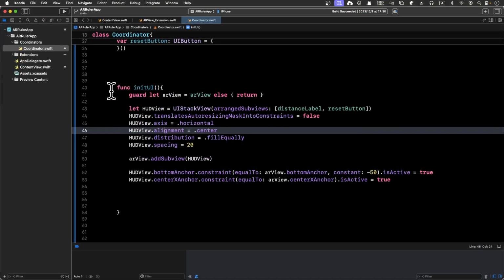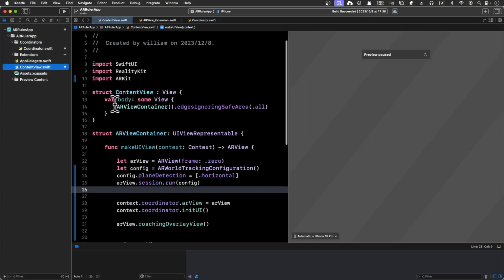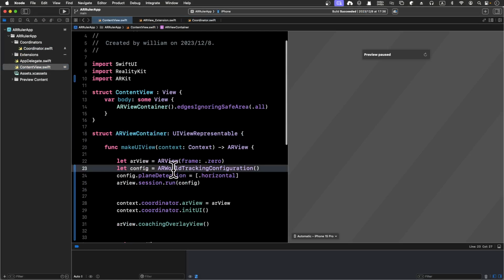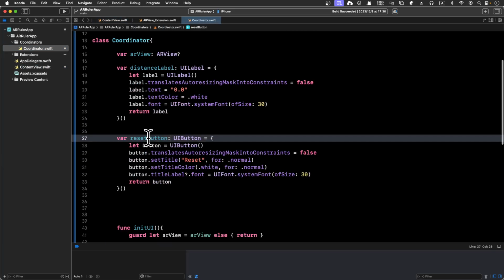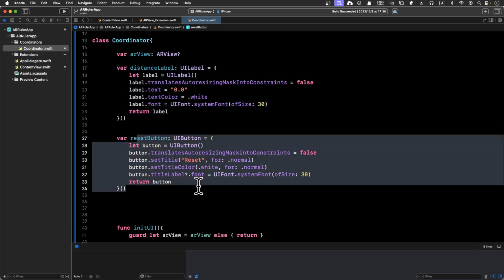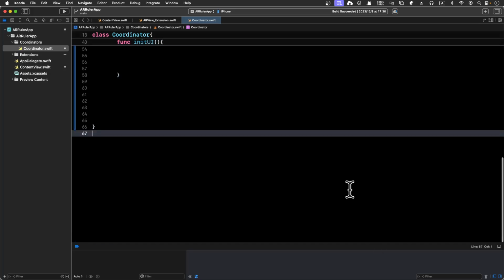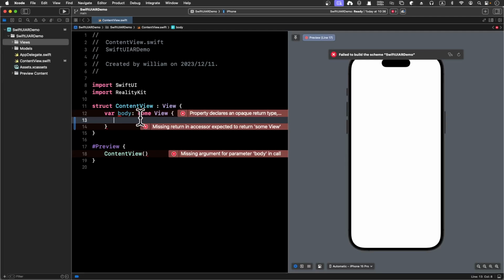So if you go back to here, we got this ContentView.swift, and we basically got a content view and a reference to the AR view container, and then we got everything in the core data. So using UIKit, we got the two buttons. So one button, one label, one button, and initialize that by using, I think I used the UIStackView. Okay, so it's UIKit jargon, but with SwiftUI, you don't need to worry about that. You just need to sort of paint a mental picture,